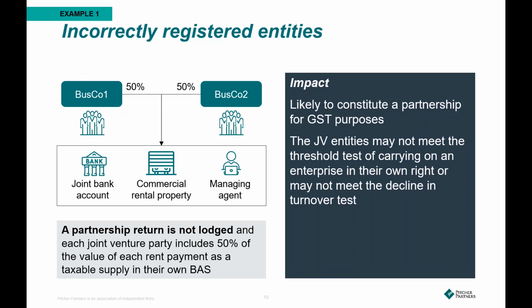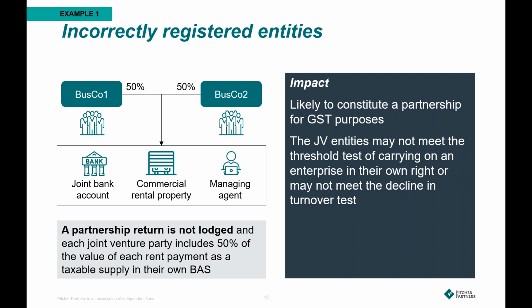So just to give an example of that, here we have BizCo 1 and BizCo 2. They jointly own a commercial rental property. They have a joint bank account, and there is an agent that manages their property on their behalf. They haven't registered a partnership, they don't lodge a partnership return. Instead, each entity includes 50% of the value of each rental payment as a taxable supply within their own separate